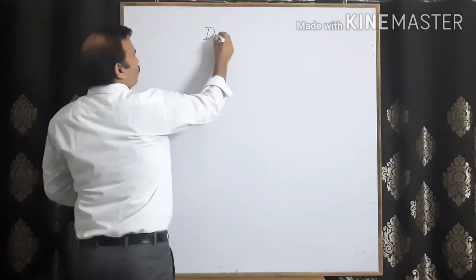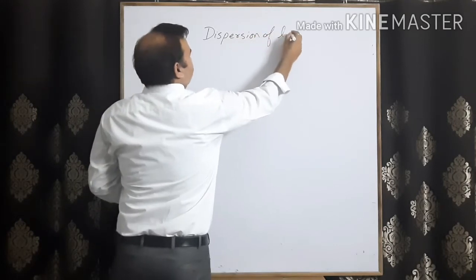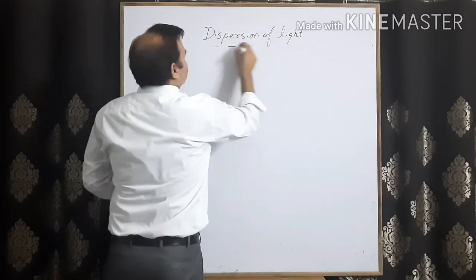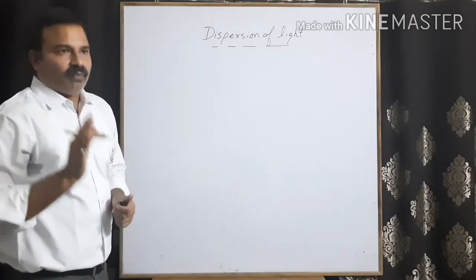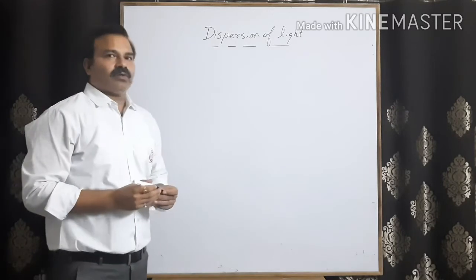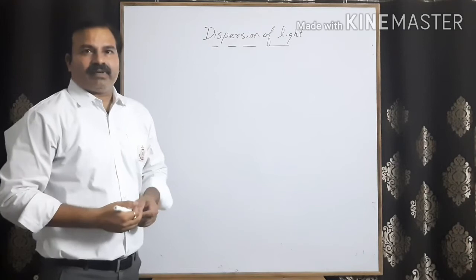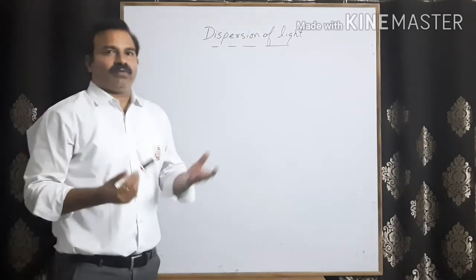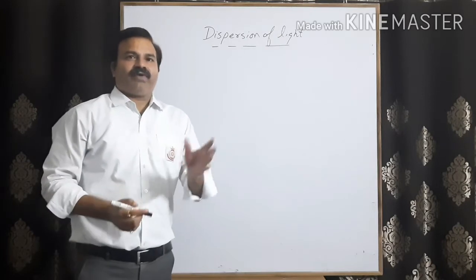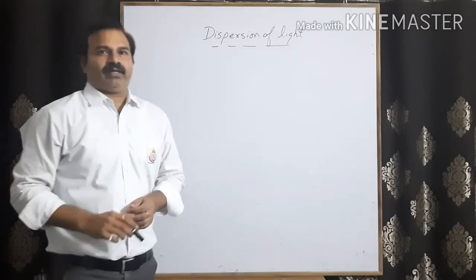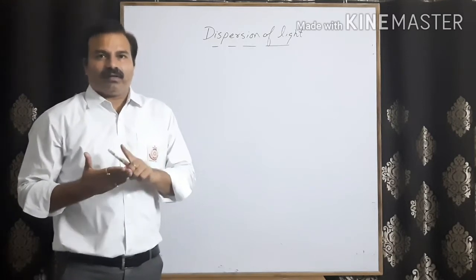The next topic is dispersion of light. What happens is that white light, that is sunlight, although the sun seems to be yellow, seems yellow because of the burning. Because there are a lot of reactions there, heat and light energy come out. Otherwise, that light that comes out is white light. And white light basically consists of 7 colors.